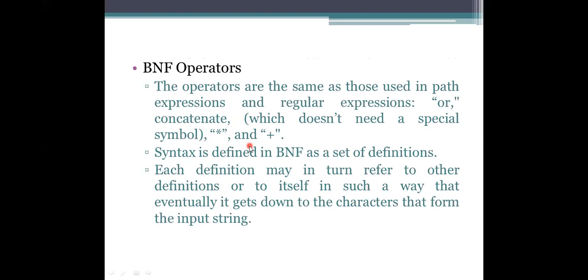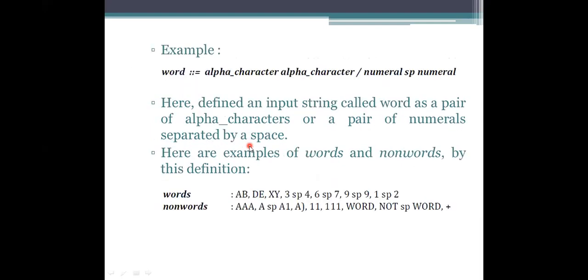And it also provides access to the information here. So here I am creating a word, and this is the element I am using here. What could be the input string for this word? An alpha character which is followed by an alpha character. Don't take it as a space mark. Here what is specified is not a space.